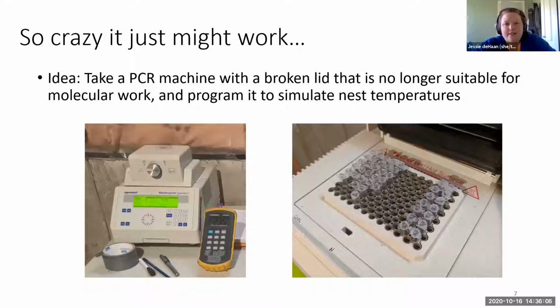So now we know what temperature a developing bee can experience in a given summer. It's time to try rearing them to see how temperature affects their development. Without access to a laboratory this summer or an insect incubator,